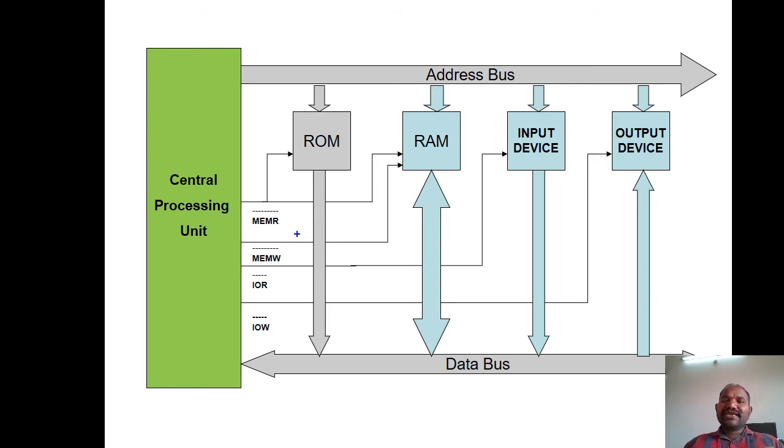Now let us go in detail. What is there in the ROM? Okay, we have seen that a ROM is a permanent memory, RAM is a temporary memory, and we are having the input device as well as the output device. Now the question comes, what is there in the ROM? And another question is, when you are powering up your system, what is happening inside the system to start up your system and to run the system perfectly?